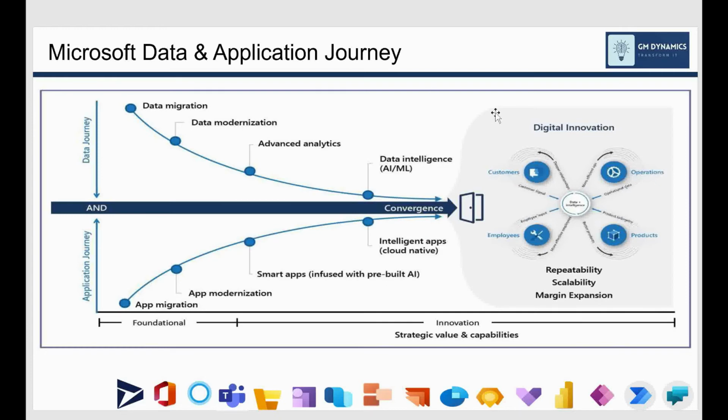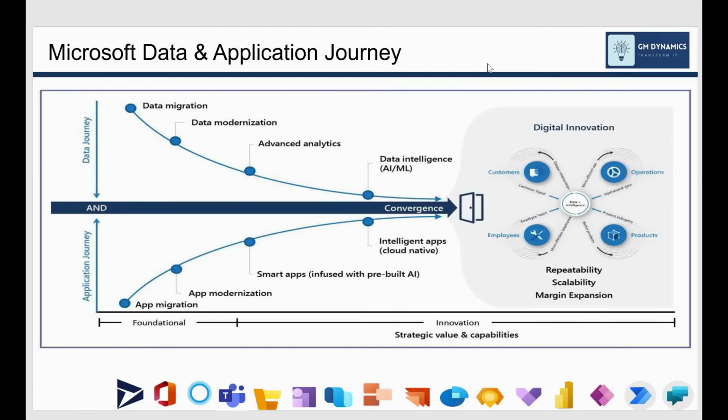Based on the journey, there is a data journey and an application journey. In the data journey, there are data migration, data modernization, advanced analytics, data intelligence, and all these things, which is one kind of journey in the data platform. Under the application platform, there are app migration, app modernization, smart apps, intelligent apps, and all these things.